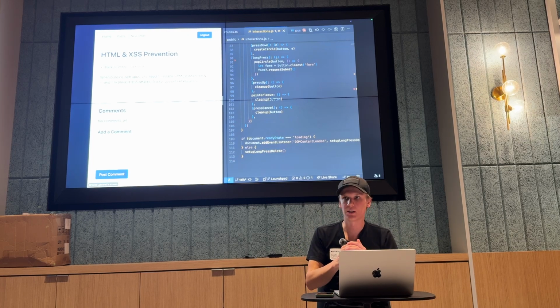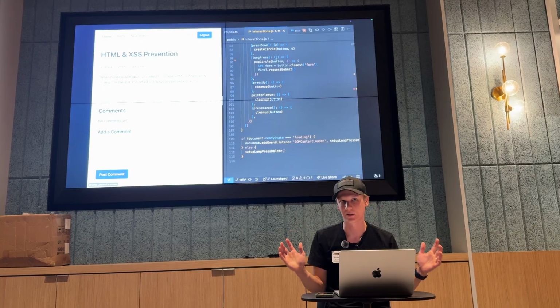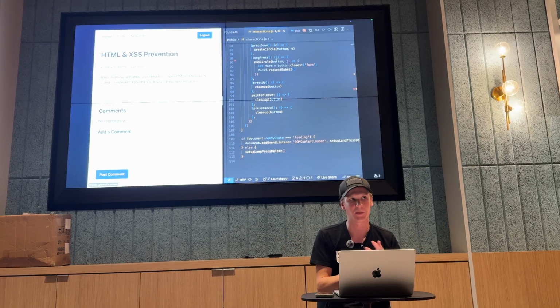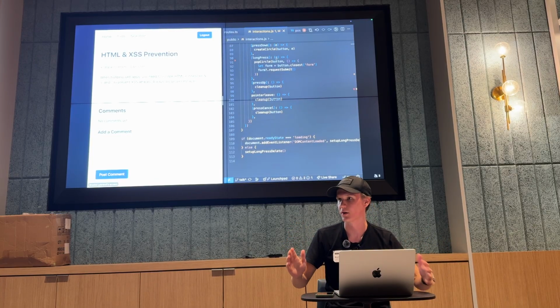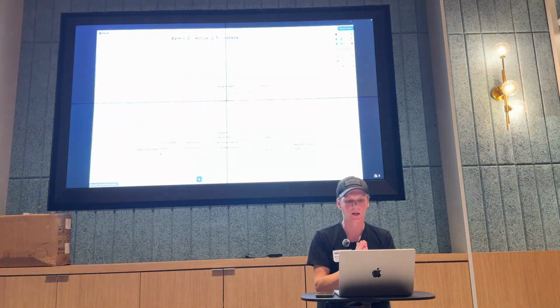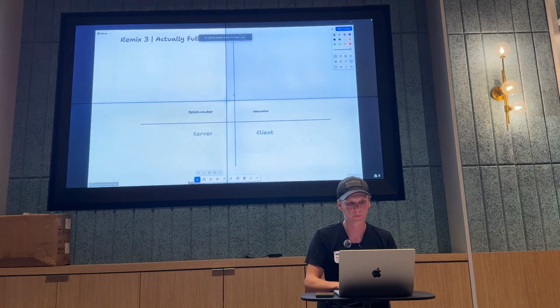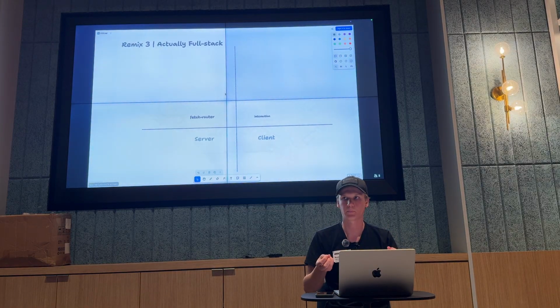Okay, so I just showed stuff that doesn't look anything like React, and honestly probably looks a lot more complicated than Next.js and Remix, right? So you're all sold, you're all going to use this thing, right? No, why did I show all that? I showed all that because we're zoomed in. We're trying to build an actually full stack framework. I've already talked about being dependency free. We're trying to be dependency free. We're also trying to build this thing